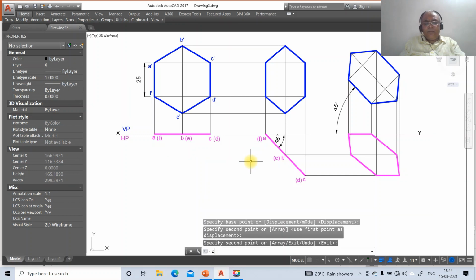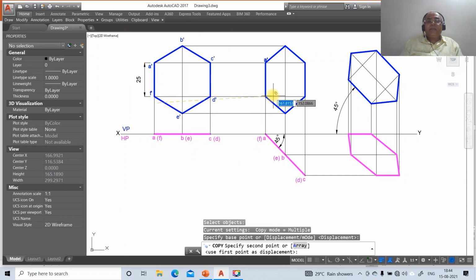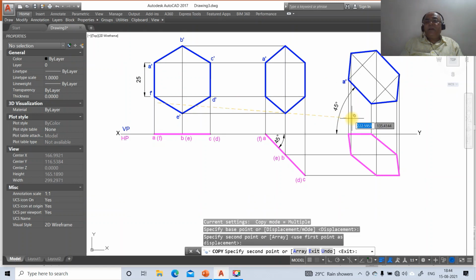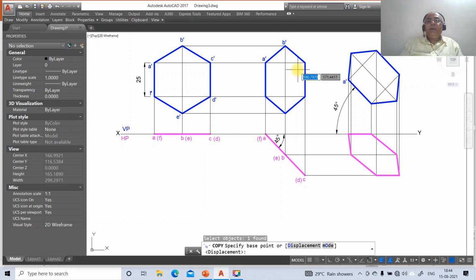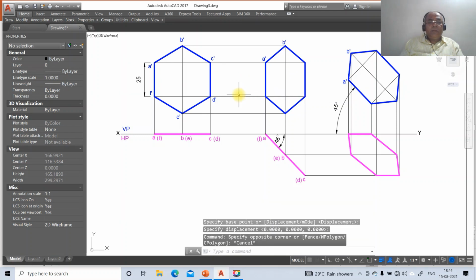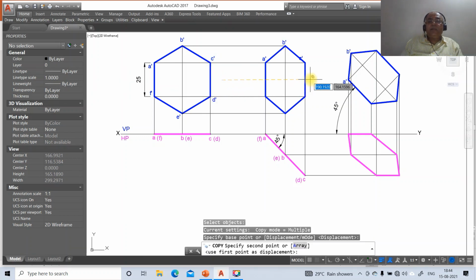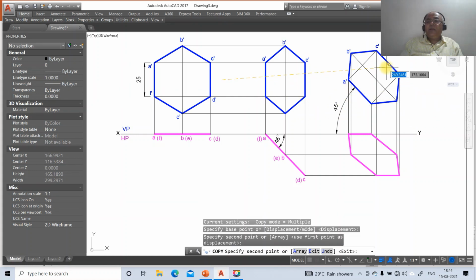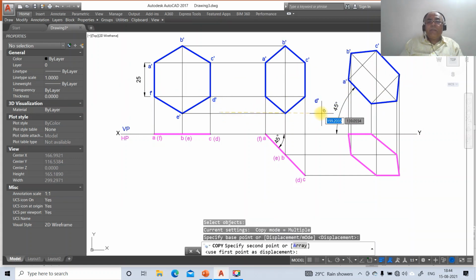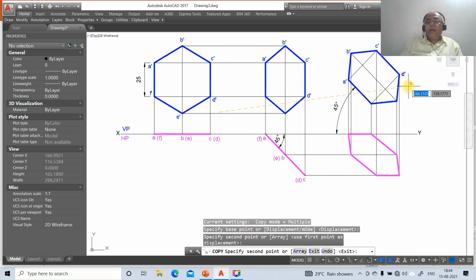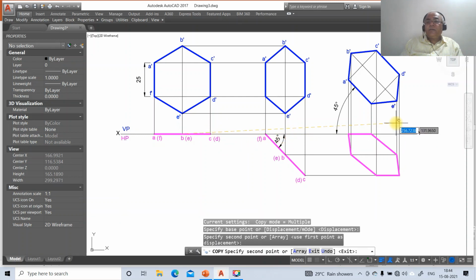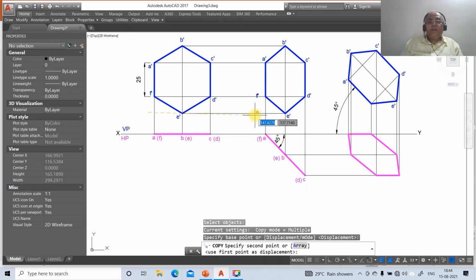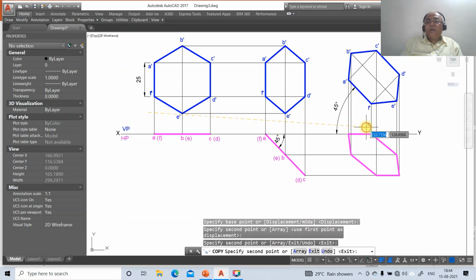Then once you do that, so go to copy, you mark this as A dash and that A dash will come here, and you mark this as B dash and that B dash will come here, and you mark this as C dash. So copy, you mark C dash and that C dash will come here, and take D dash here and here. You mark this as E dash and that E dash will come here, then F dash, then you mark this as F dash.